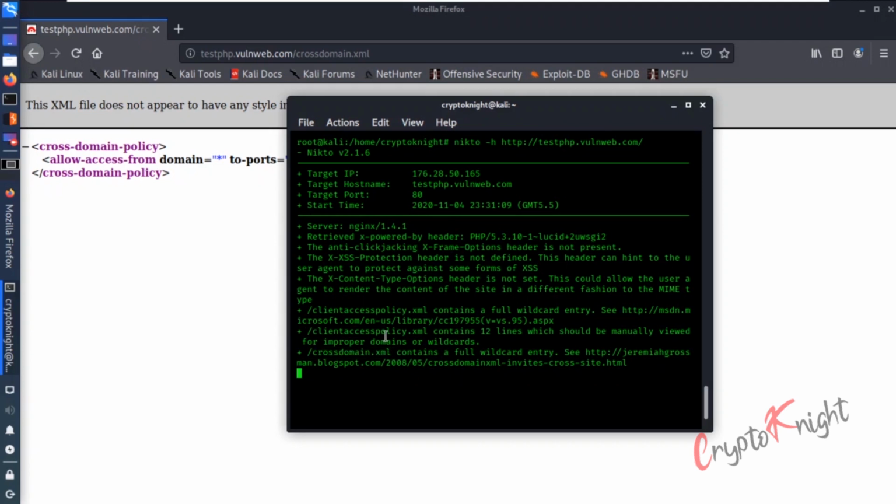So these are certain directories that it tries to find. In general also, when you are scanning websites, it will try to list down all the directories that it found, or some other information like some headers are missing, or it will try to get certain important information that might be useful for you. This is the basic purpose of Nikto.